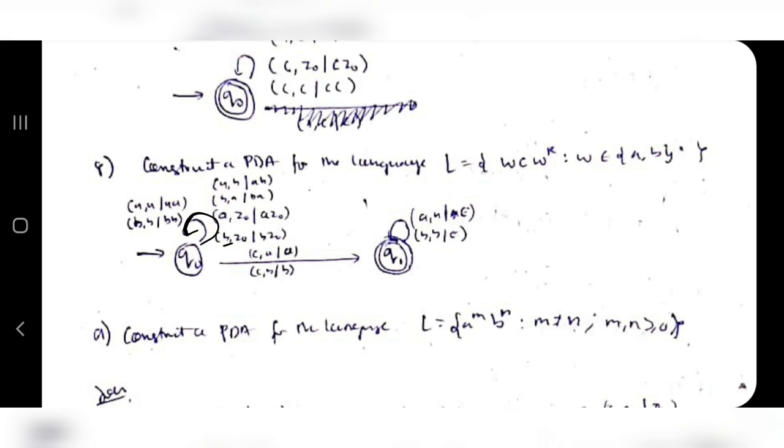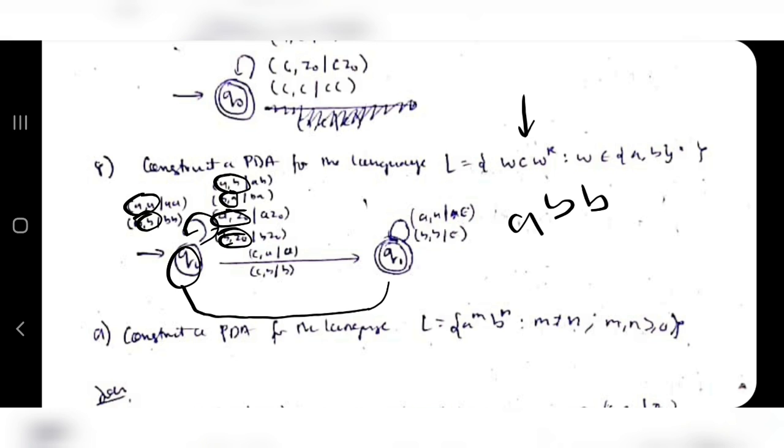Whatever string I want, like B and A with A, B with B, A B, and A Z0, B Z0, all things I will be accepting here. I will be staying in the same state. After I accept a particular string here, like suppose A, B, B, I have accepted this one. After that I need to have C. So I will be passing through C from Q0 to Q1. The input is C, and the top of the stack may either be A or B. In both cases I will be passing to Q1.